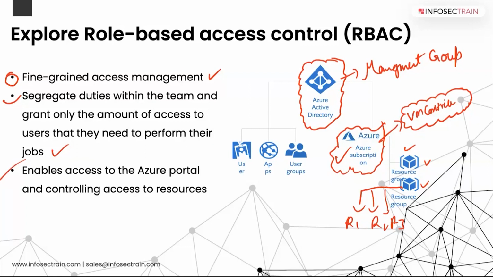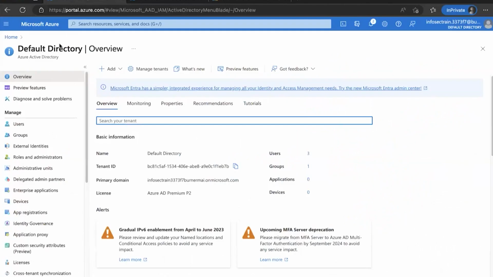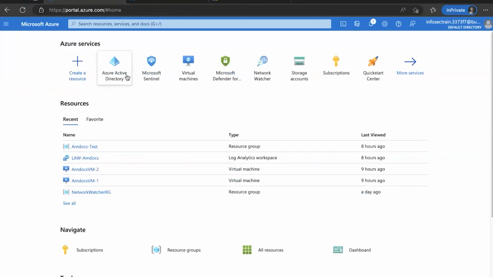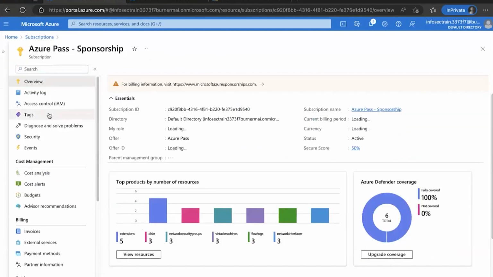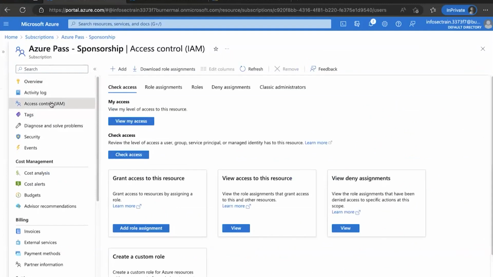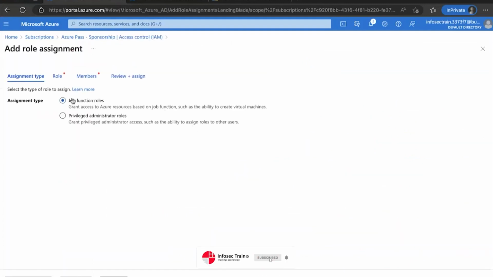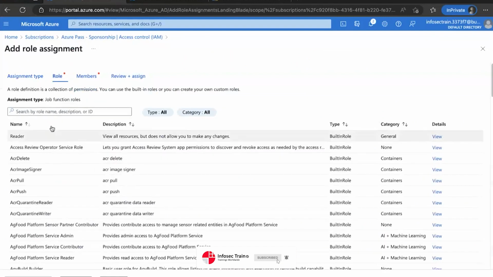Nothing else. I think I removed that permission later on. But you will see here, this is my whole subscription right now. If you look at the Azure Pass at the subscription level itself, I can go to IAM. At this part, I can add a role assignment and give that reader role, or